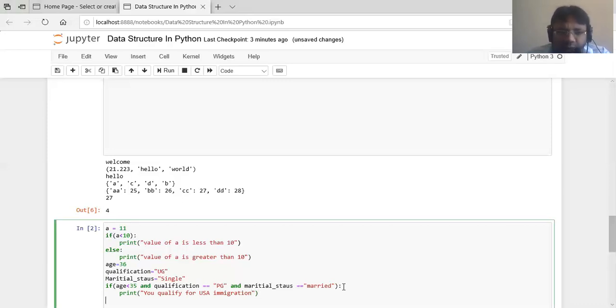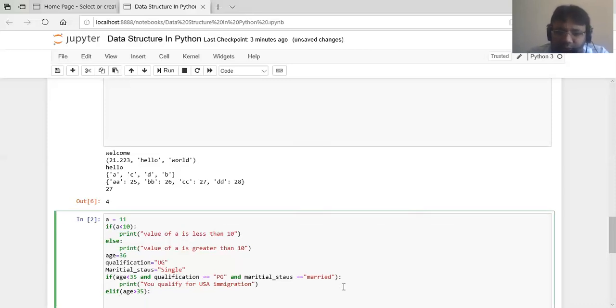Next, after this if clause is over, we have the else if part. So here we have the keyword elif, and we put age, suppose, is greater than 35. Then obviously we have a print, and suppose, age bar test fail. So we have a statement, age bar test fail. From a syntax point of view, you are aware of how this if and else if and all these keywords are used in programming. So another else if we may use,